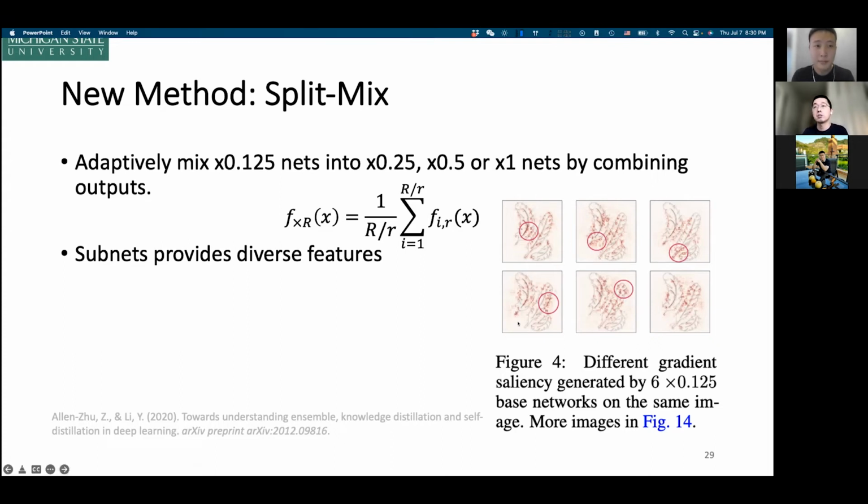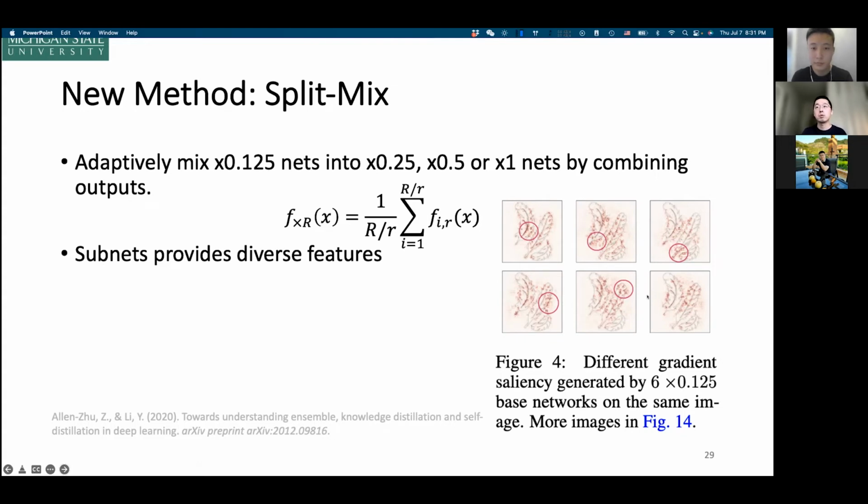Here we also visualize the features using gradient saliency. We will see that the six different networks pay attention to quite different features. In the first image, the first subnet pays attention to the center part of the laser, and this one pays more attention to the root of the laser.